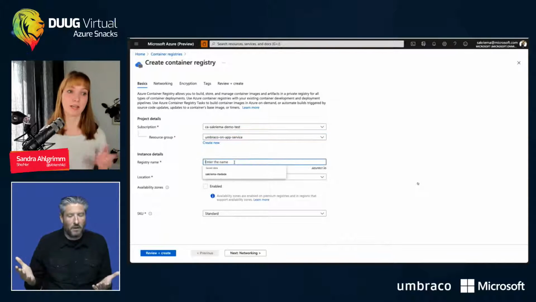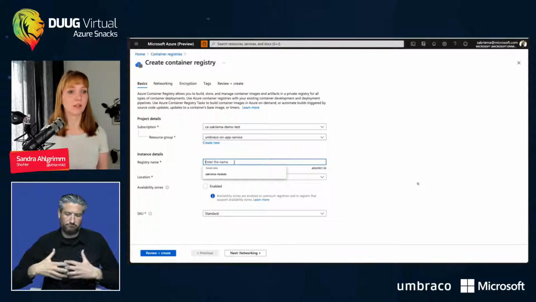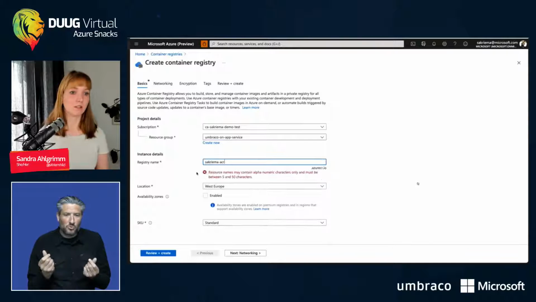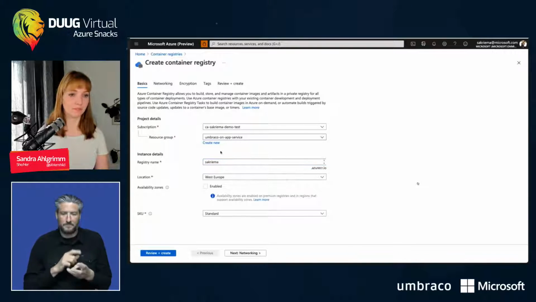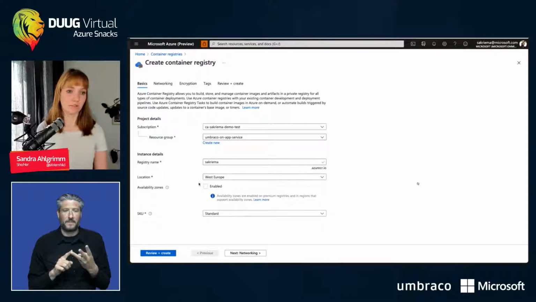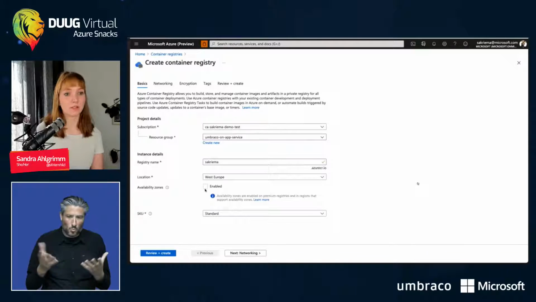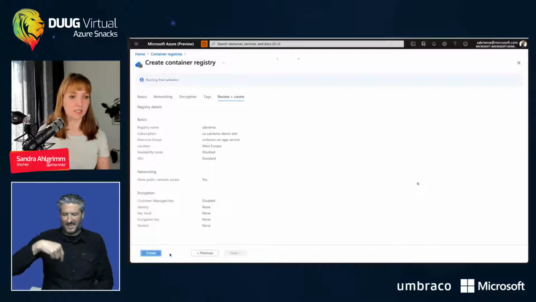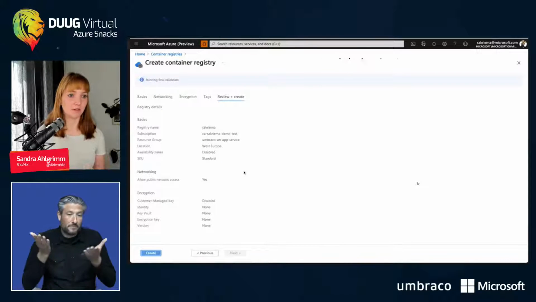So I will specify again the resource group to have them bound. And then I give a registry name, which is maybe Sagrima. Okay, minus is not allowed, so I just delete it again. Specify the location. It can also be in another location, but for simplicity, I will keep it here as well. Specify the SKU and create it for me.